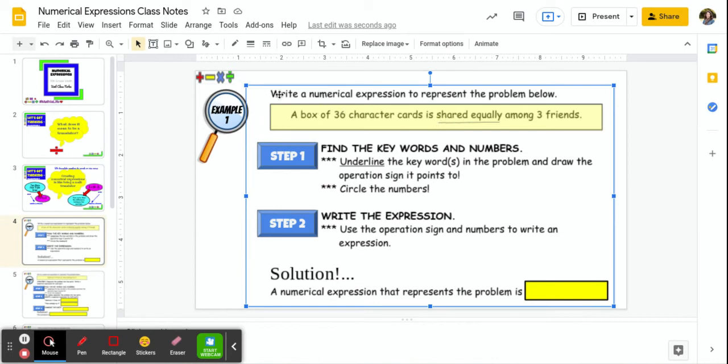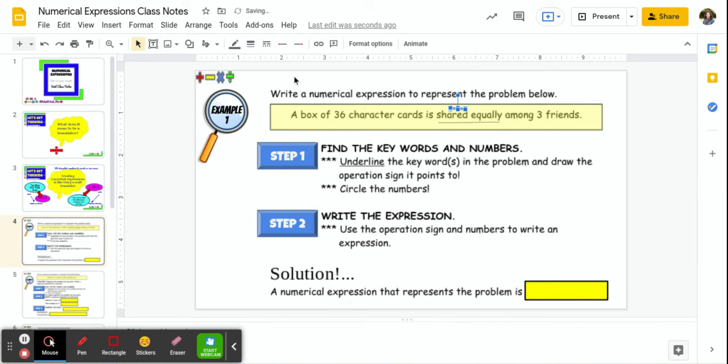So once again, I'm going to come up and click scribble. Now this time the scribble is defaulted because we just selected that the last time. So all I have to do is click scribble. And then I have my scribble wand and I am going to draw a division symbol. So again, I'm going to make the bar of the division symbol. I'm going to click scribble again, and I'm going to scribble a circle for the top of the division symbol,